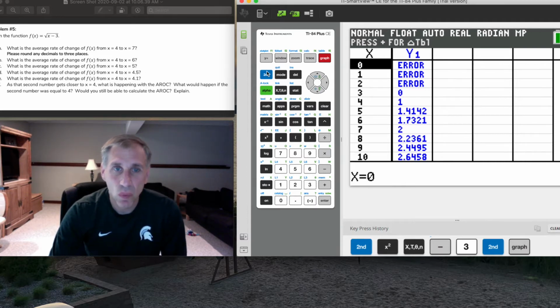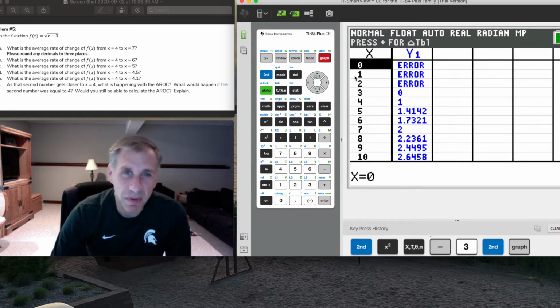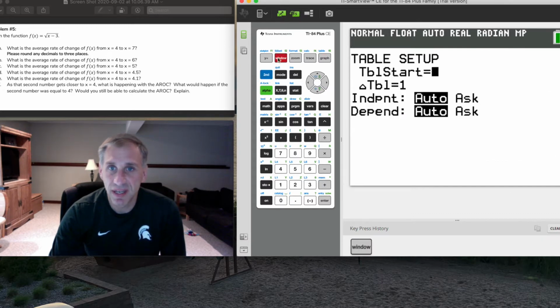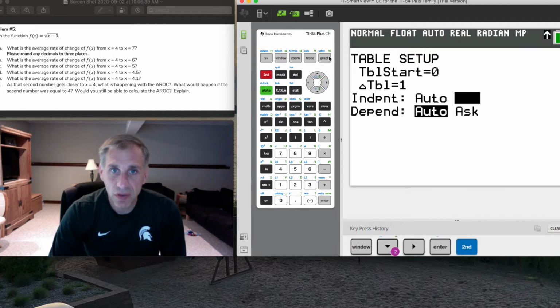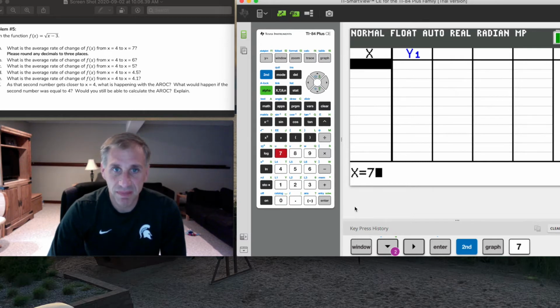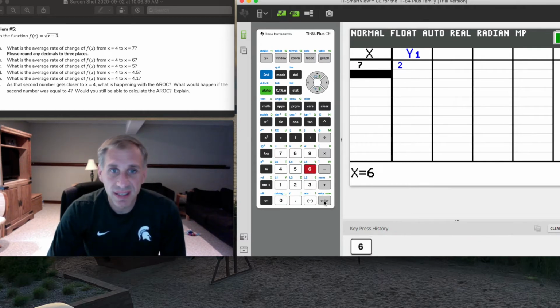One setting that sometimes people don't even know about on your calculator is if you go to second and window here for the table settings, and you go down to the independent variable and you switch it from automatic to ask. So you go over to ask and you hit enter. Now when you go back to your table, you see a blank table. And so what I'm going to do here is enter in these values that are important to me: 7, 6,